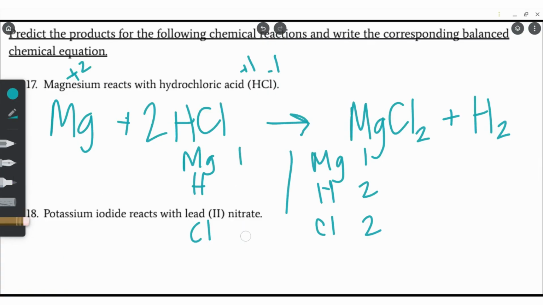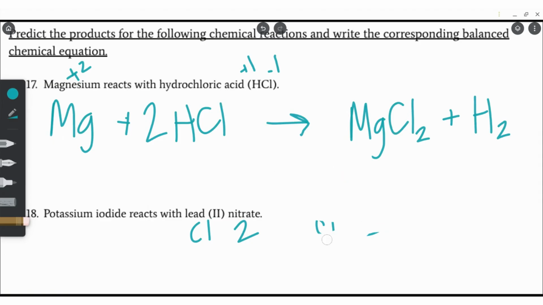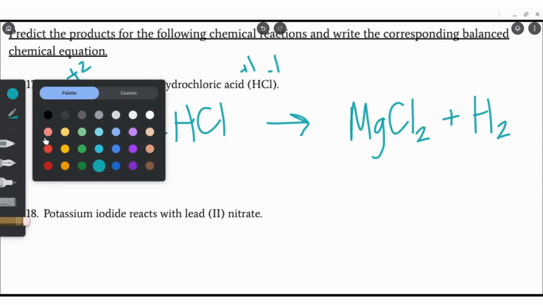And so that is now going to change. Let's have 2 hydrogen and 2 chlorine on that side, 1 magnesium on each side. That was a really simple thing we need to do, and now we are balanced. So that is number 17. That is now complete. Let's go on to the very last